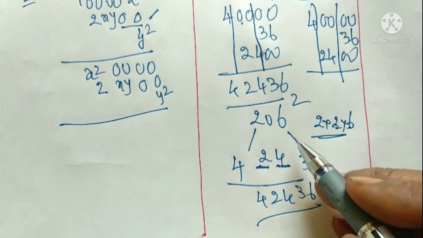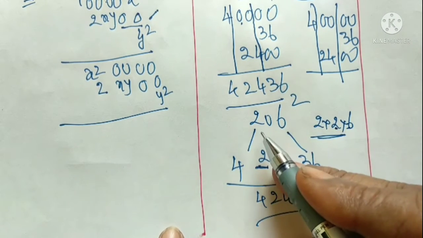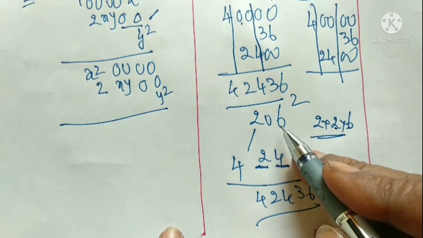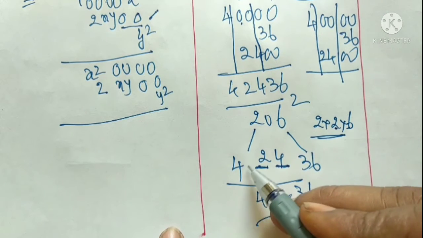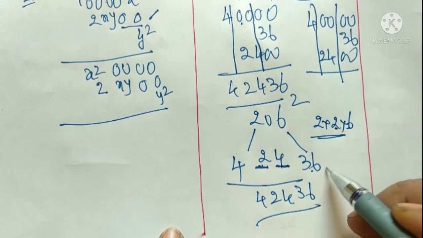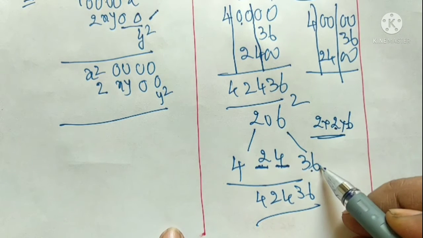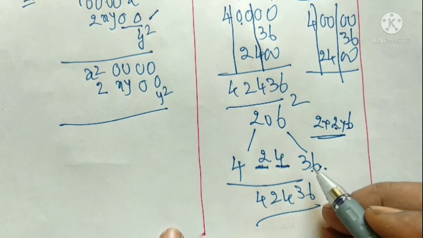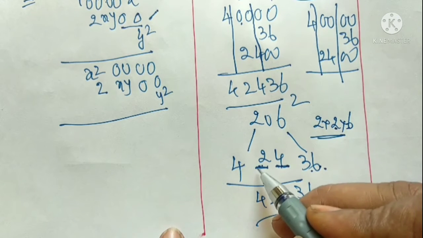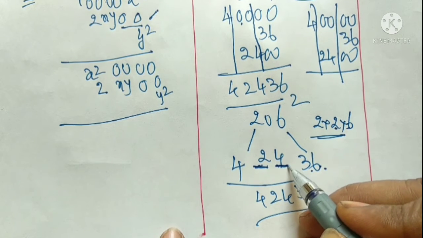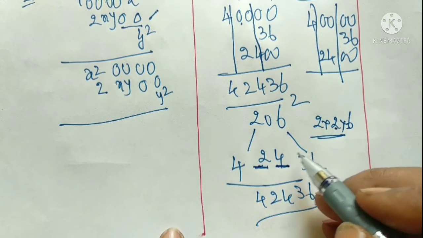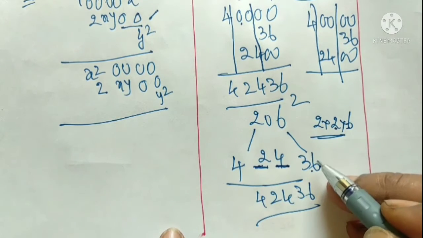Again I am repeating, 206 means it is a 3-digit number. When we are squaring, we have to get a 5-digit number as the answer. 2 2 ja 4, 6 is 36, so 3 digits we have got, and in between we have to get 2 more digits. And a square, b square is over.